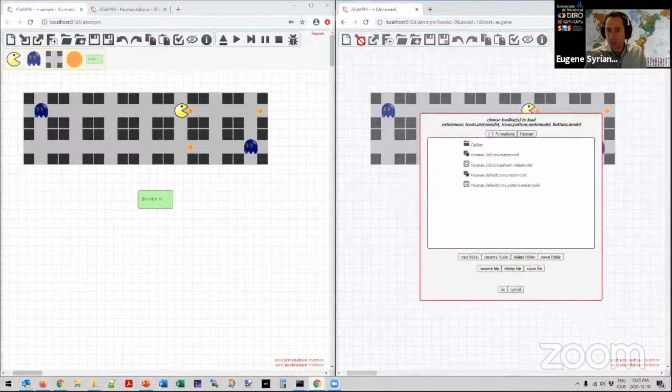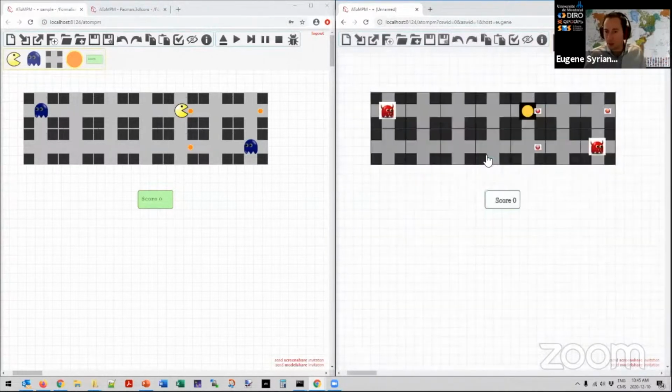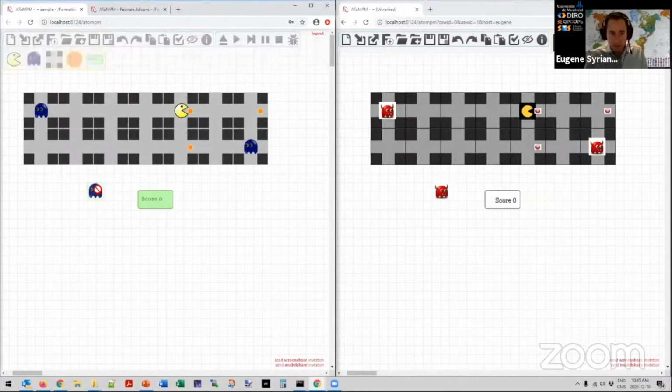I did the model share, so I can decide to have my own representation here. So it's exactly the same model, but with different concrete syntax in that sense. If I create an element here and I move it around, it will be completely there. So it depends on the mode you are in.